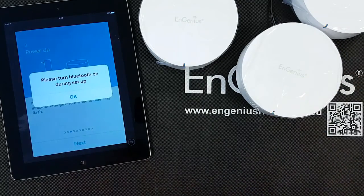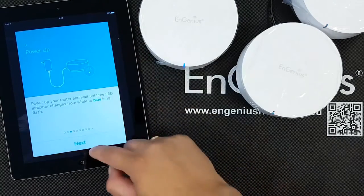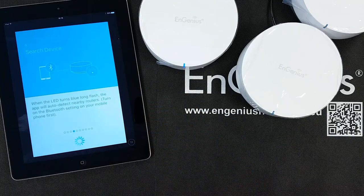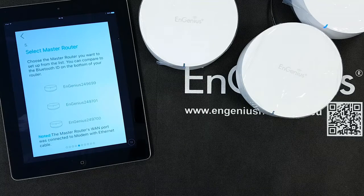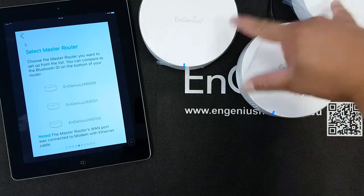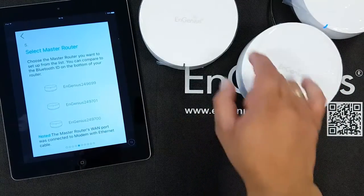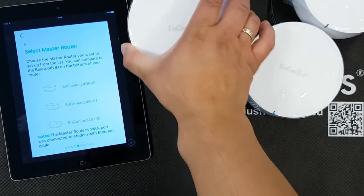Okay, let's press next. Please turn Bluetooth on during setup. Okay, so I have to turn on Bluetooth of this device. Okay, next. Like I said, it uses Bluetooth to try to recognize the devices. So this will take a few seconds. So it actually already found 3 routers, and as I just mentioned, I was reading the Bluetooth ID of the router, and this one is a 699,